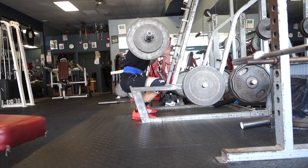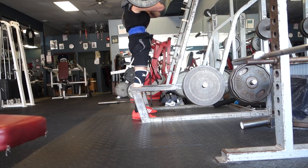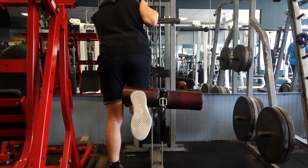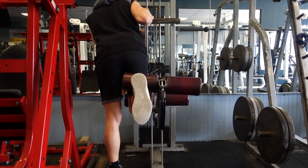I mean, my form can definitely be a bit better, but it's been months and it's something that I'll probably start to incorporate a little bit more, as I think it can help support my back squat as well. So did a couple of sets of front squats, felt pretty good, and then moved into some single leg hamstring curls. So I did 3 sets of 15 per leg, keeping things slow and controlled, really focusing on squeezing the